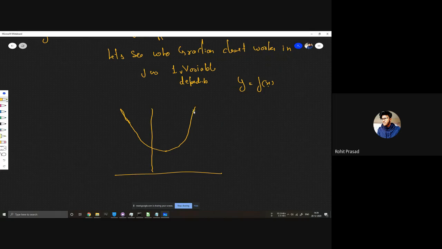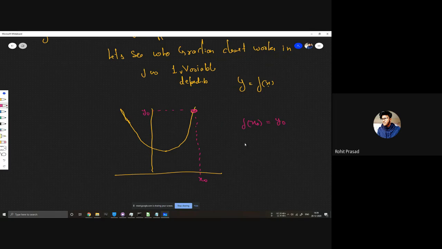Let's say we take a random x here, and mark this x as x naught. Then we calculate f of x naught, that's y naught.